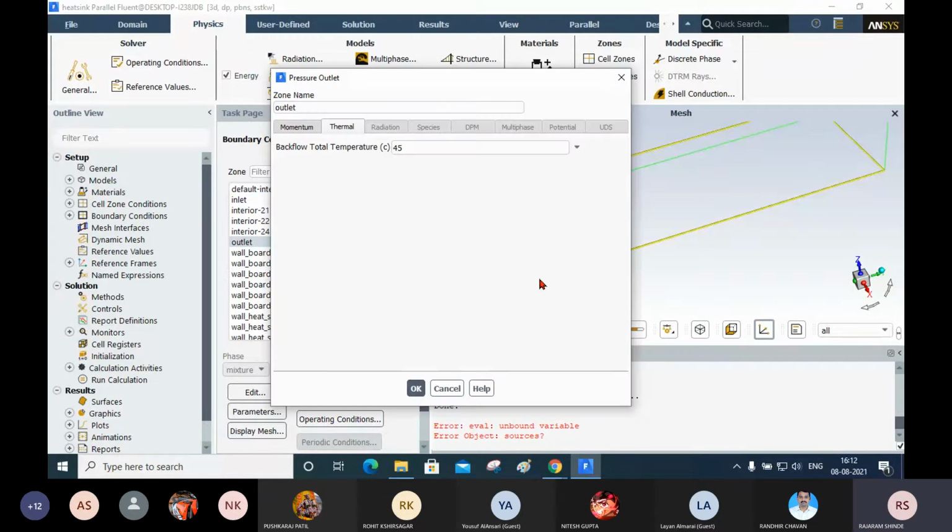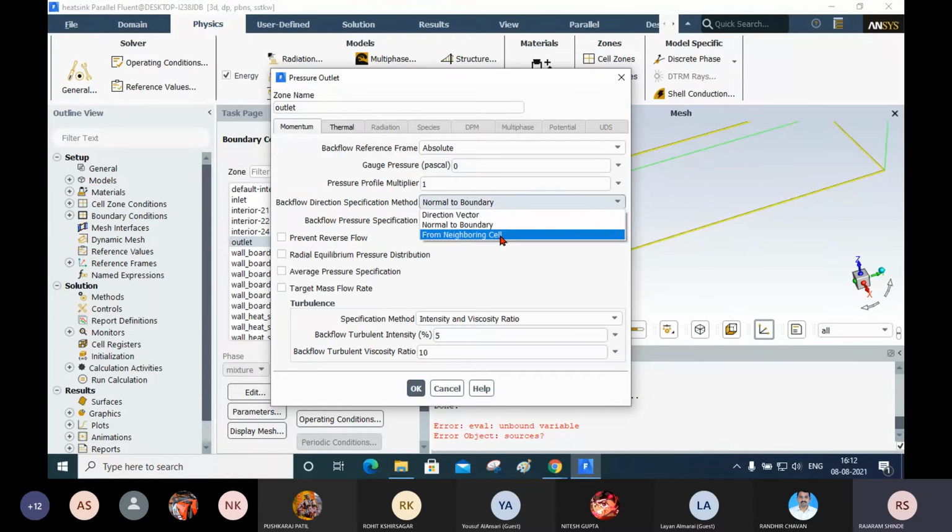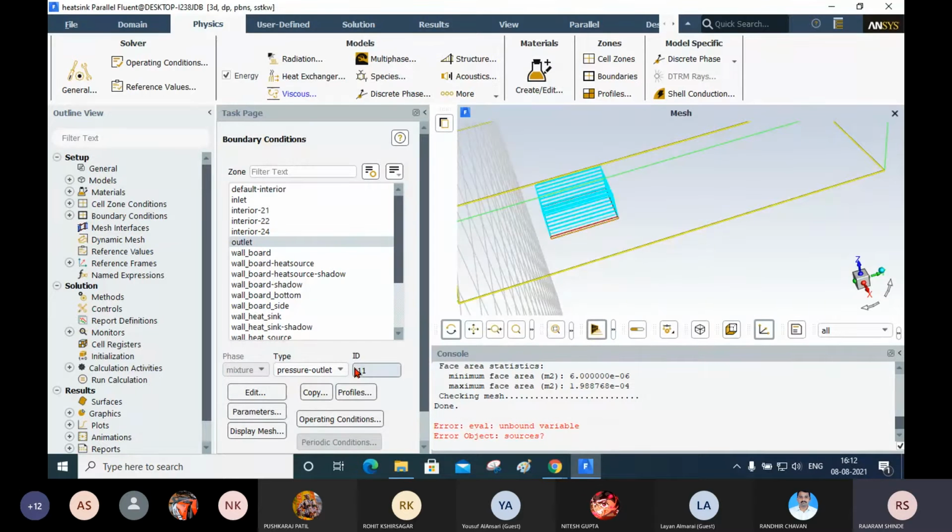Edit. Now momentum. Here I have to change the backflow direction specification. It should be from neighboring cell. Okay, I will click OK. Next one. Next wall left, already I have done. Heat flux I have applied everywhere.